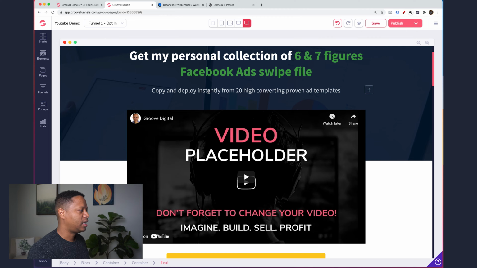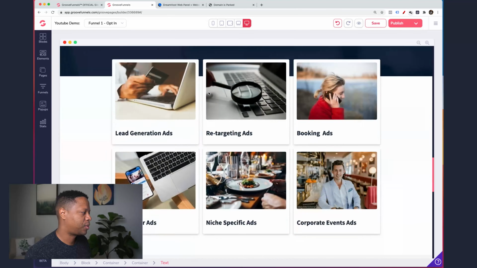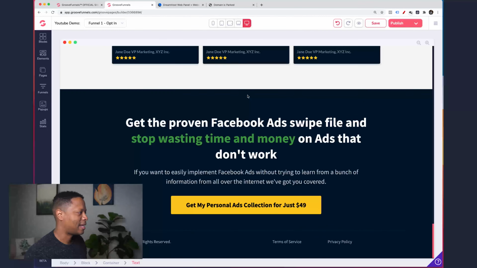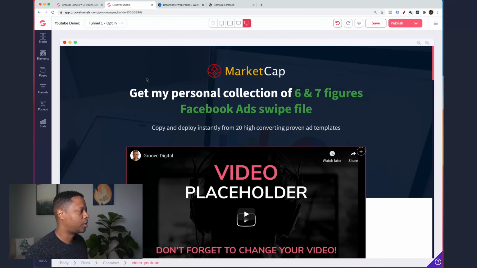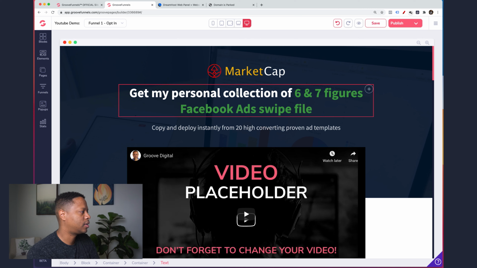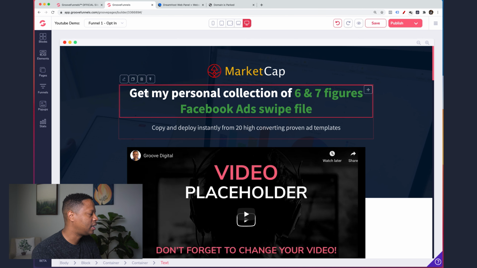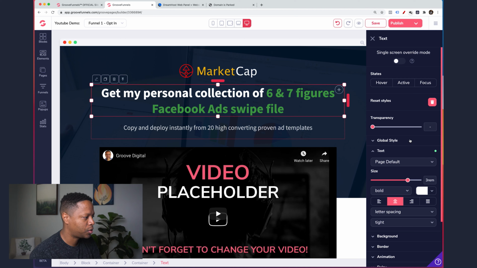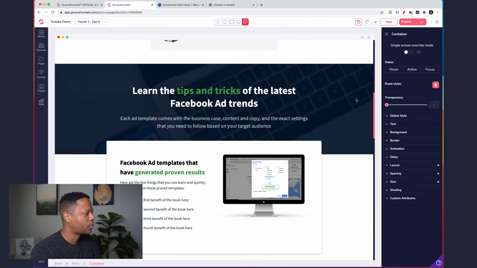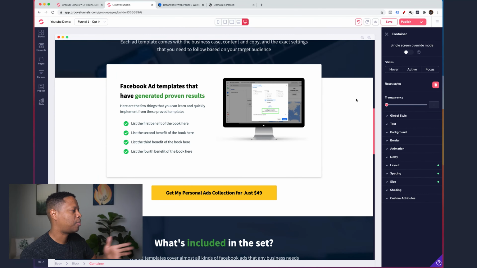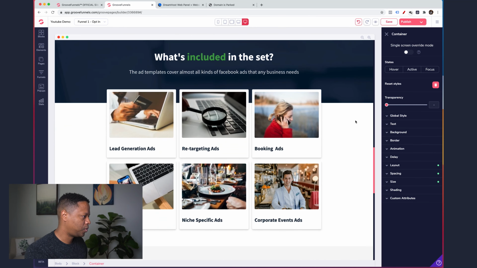Now, once you're working on a landing page, I always recommend that you use something that has a template. Now, when you're working with GrooveFunnels, it's awesome. There's tons of videos out there. But once I actually click in an area and I click this little pencil icon, what will happen is that it will start giving me options that I can play around with. So let's make my screen size a little bit smaller. I'm not going to put any copy or images or text. I'll just delete a few things.